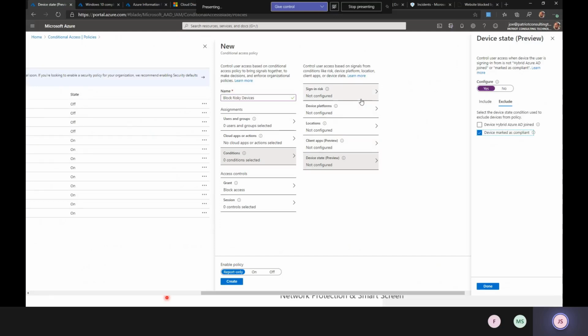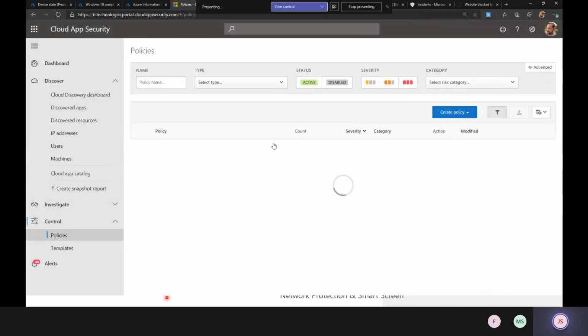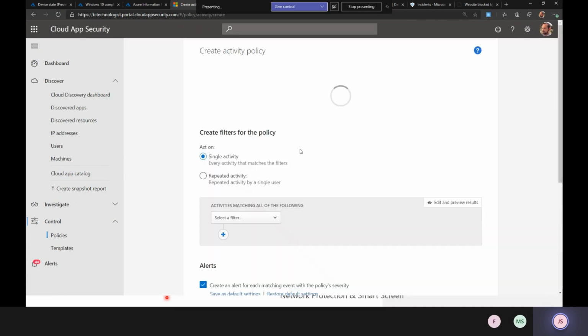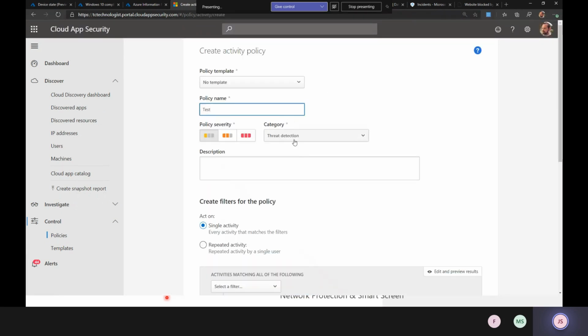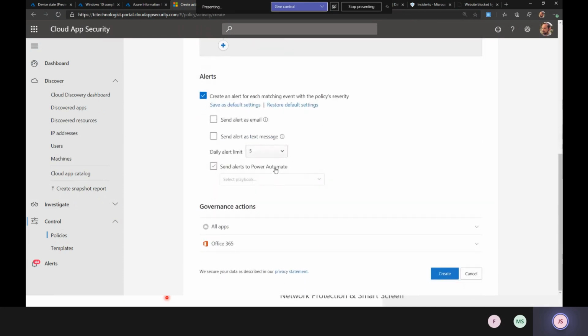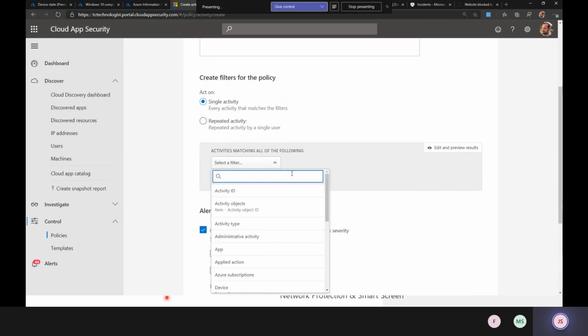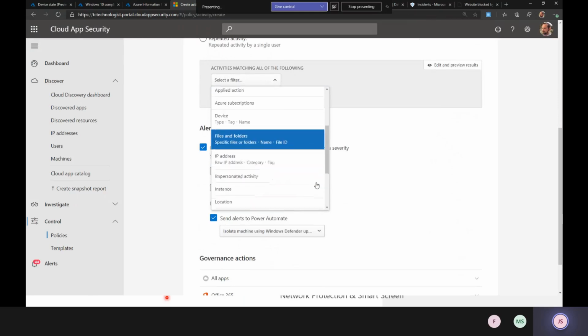The other thing that is possible with the product is you can actually create policies. And so if we create policies, let's go ahead and do an activity policy here. And what you can do with this particular policy is you can actually isolate machines from the network. And so depending on the risk that you're actually trying to detect, say, for example, someone uploads